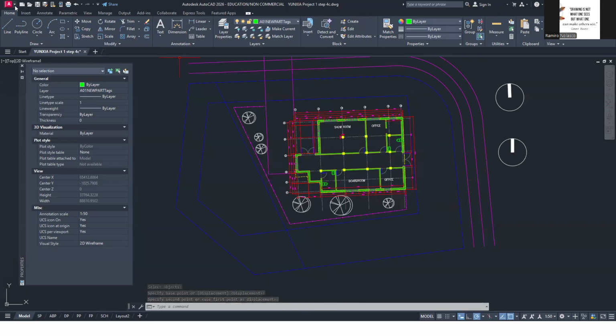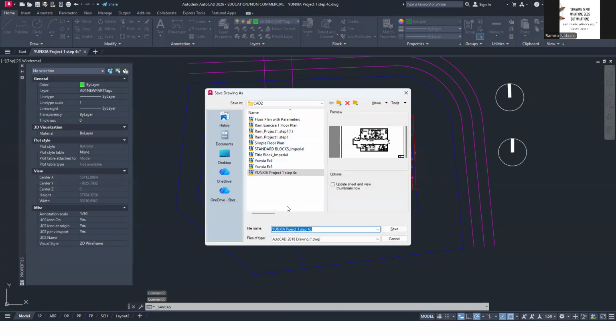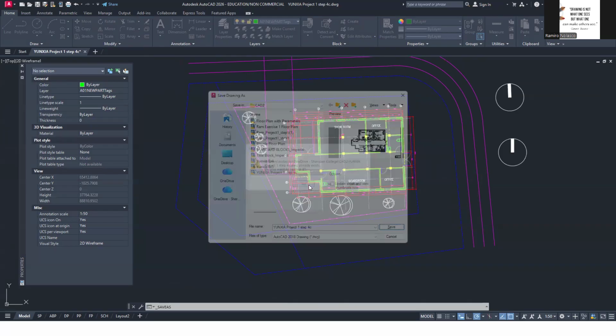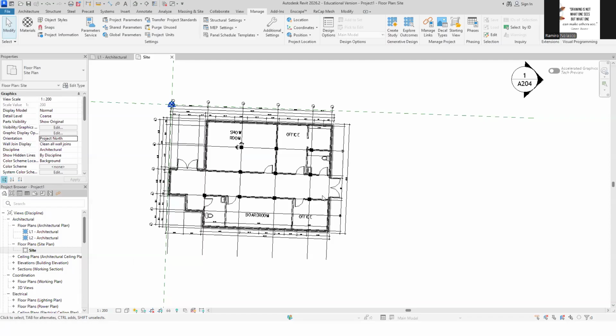Now you might want to save this as a different file. So maybe save it as Revit. Okay. So this is the one you imported in Revit. So save that. Maybe not. Because this is the one that we linked, right? So yeah, let's just save it for now. Replace it. And then go back to Revit.